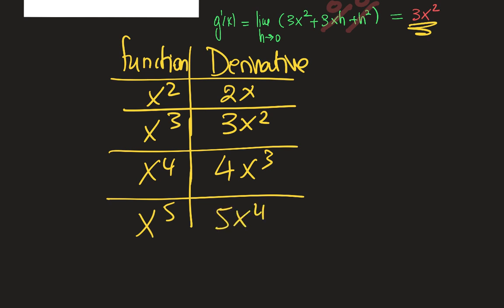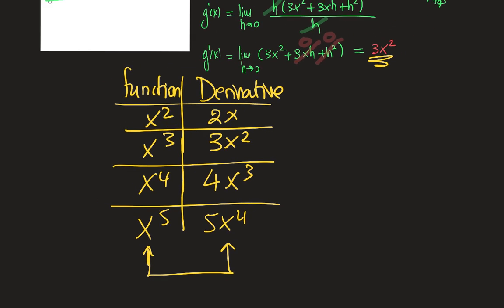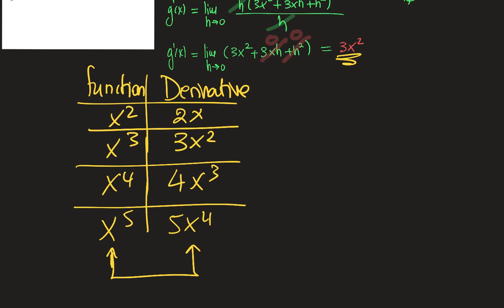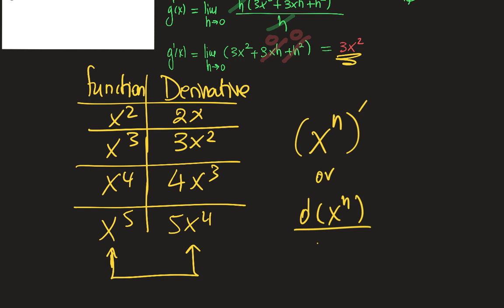And if you pay attention to the patterns between this column and this column, then you actually realize that every time I have a form of x to the power of n and I want to find the derivative, and we write it like that or with a dash, or the other notation is going to be d of x to the n over dx, dy over dx, where my y is x to the power of